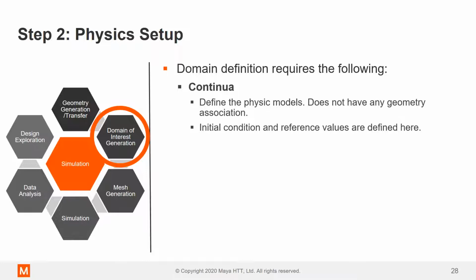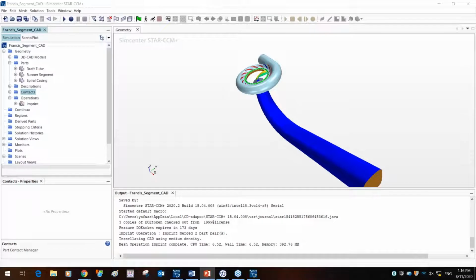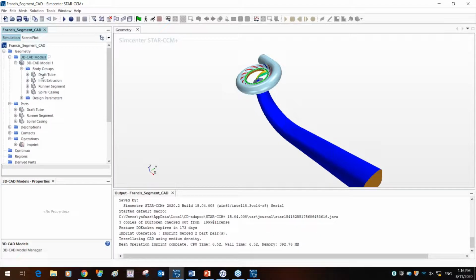Now, this is not associated to any geometry, but if you want to associate a physics to a geometry, you create something known as a region. And so the region is where you set up the boundary conditions. You have interfaces between the different boundaries where you can, in our case, we will be defining a mixing plane interface, but it could also be a baffle, for example. So to clarify exactly what's going on here, let me jump right into the tool. Let's go back to our model out here. So once we have created a 3D CAD model, what's important to do is it creates these body groups. And these body groups are any given part out here.